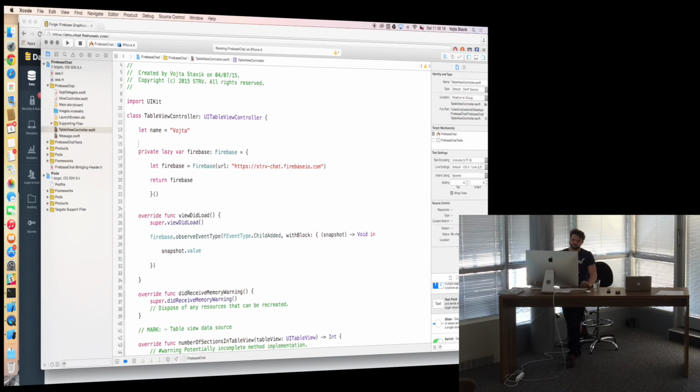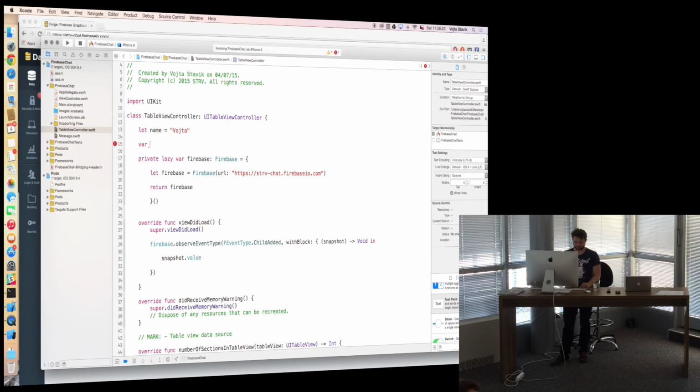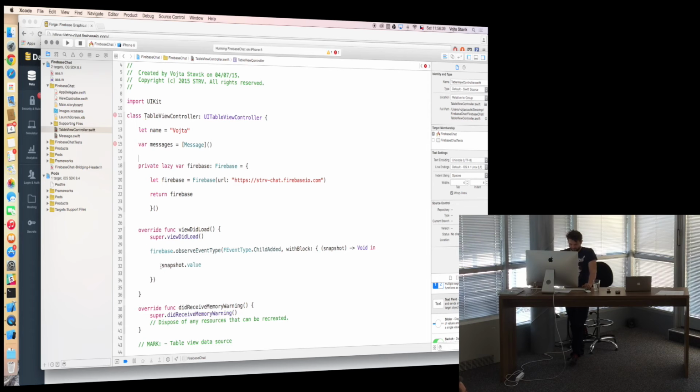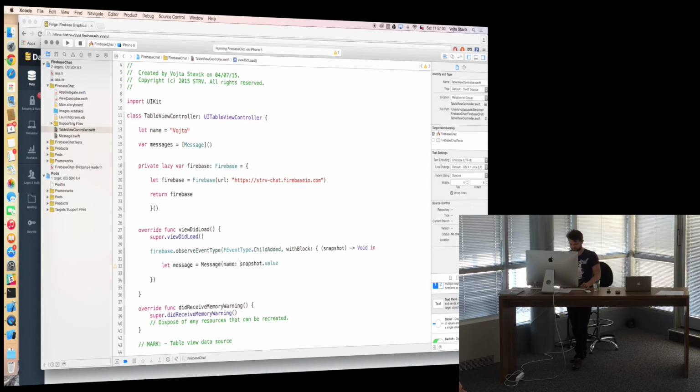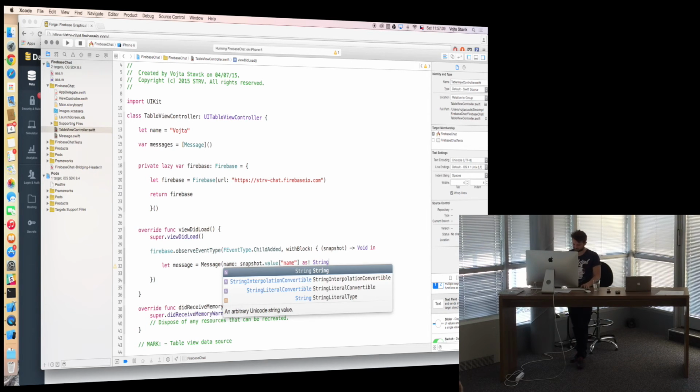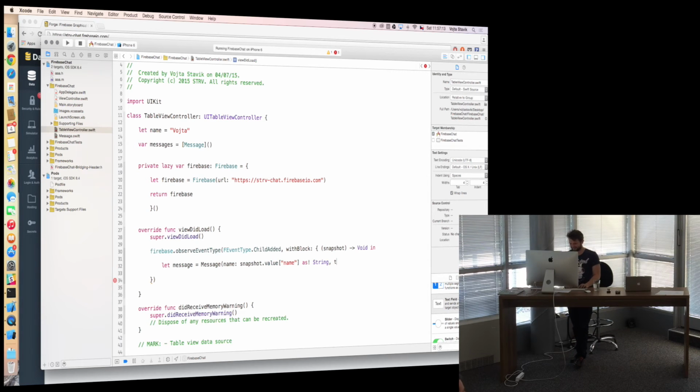In our table view controller, we need an array of the messages, which is the main array we will show in our table. So now we can create a new message object from the value we have from our Firebase observer. We can do it like this now, but please don't try this at home because it's not super nice and super safe. But we can do it now because we are pretty sure that there will be these values,